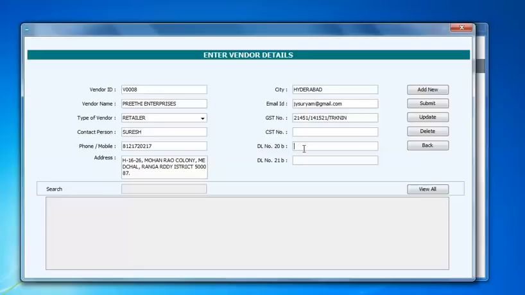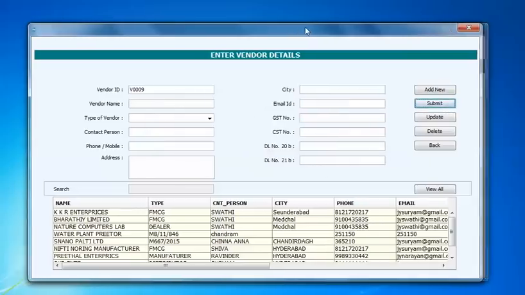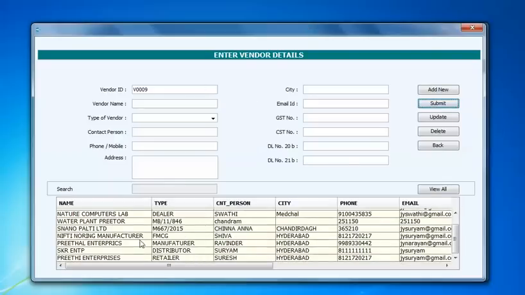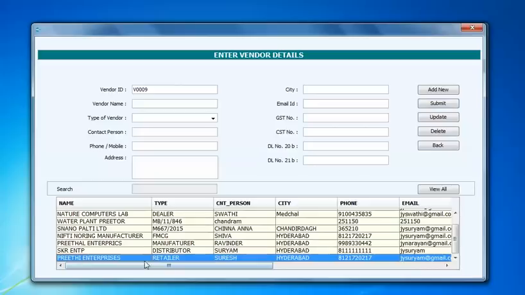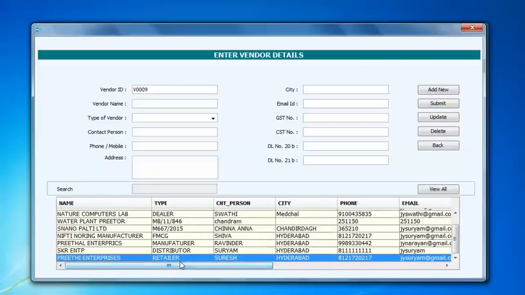So I think if you have these details, you can enter them, or these are not mandatory fields. I'll just click on submit. So like this, you can add vendors to your software, to your application. You can see below you have Preeti Enterprises. Now suppose something went wrong, or you forgot to enter some details, or you want to edit this Preeti Enterprises